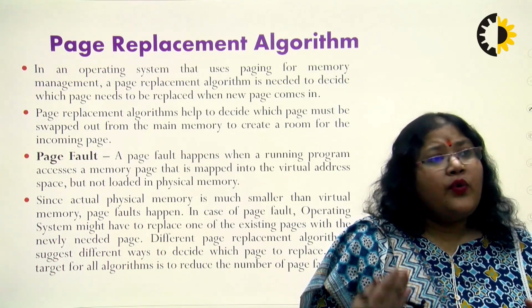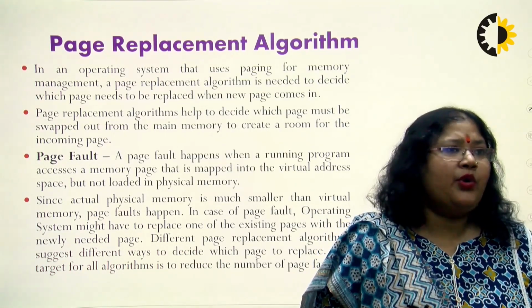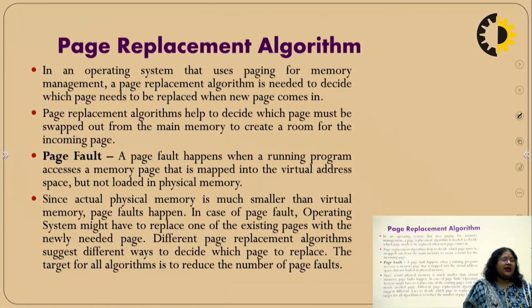But which page do we have to replace if 8 pages are present in the main memory and we want to replace a page? Which frame do we have to replace with which page? This is the main question, and we have to solve this problem by using algorithms. We have algorithms named FIFO, LRU and optimal that we use for page replacement. They help us decide which page to replace with the new page.